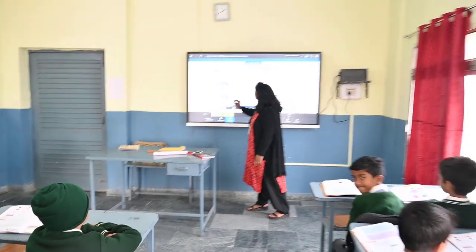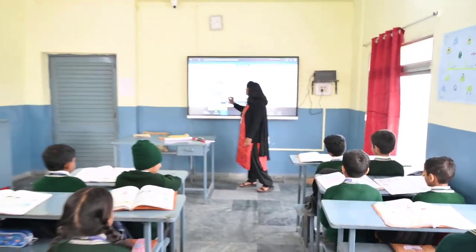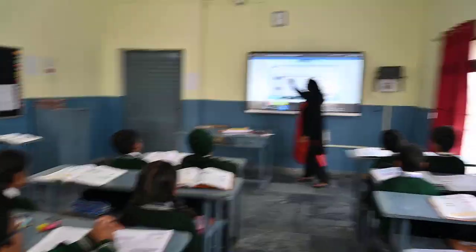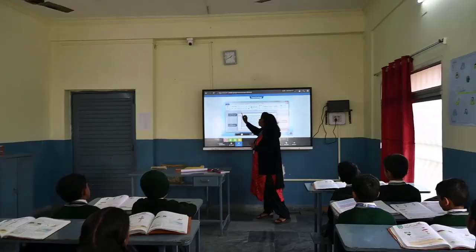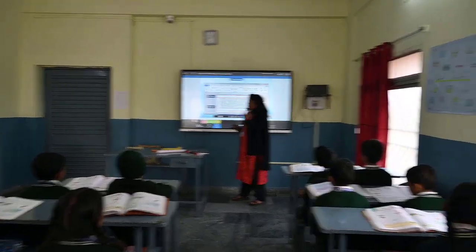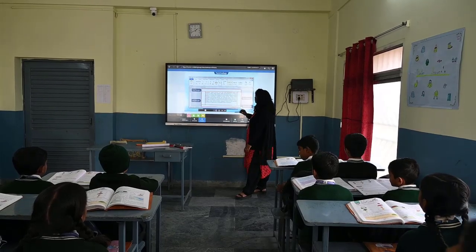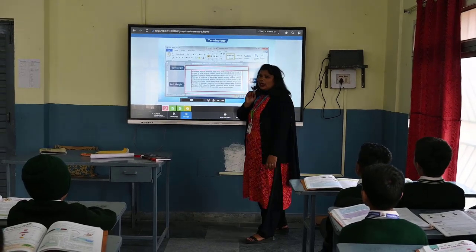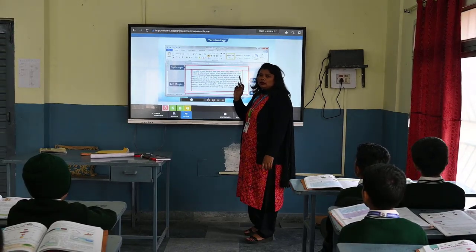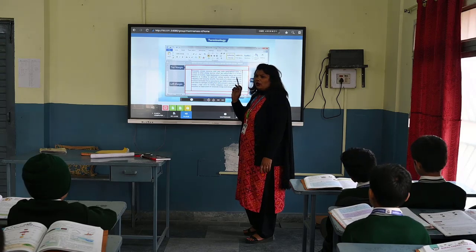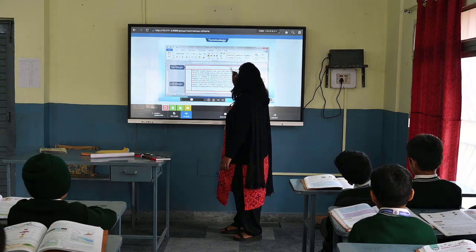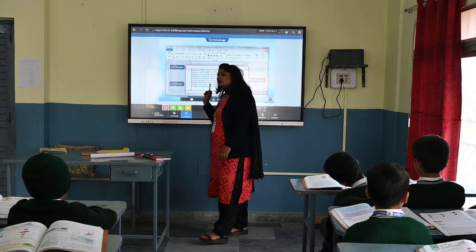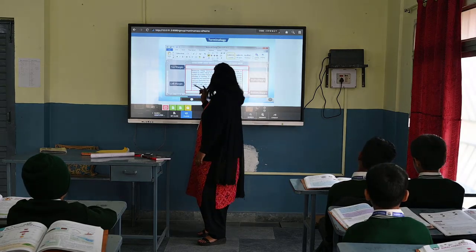Suppose you don't want this much distance. What you can do is select the entire document, and with the help of the mouse, you can drag it, whatever distance you want. From this side also, from the bottom, from the top. Anybody, have you tried this? Yes, sure. So whenever you go to the class, if you are typing, if you are using this software, you can try all this. Alright.